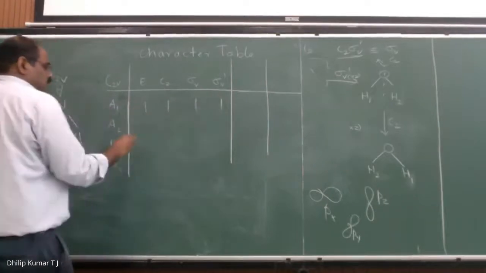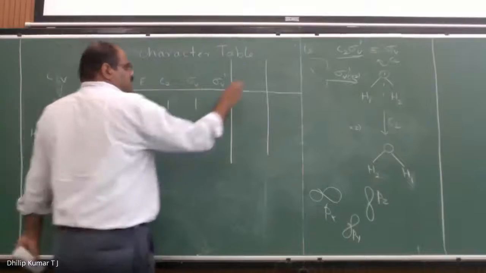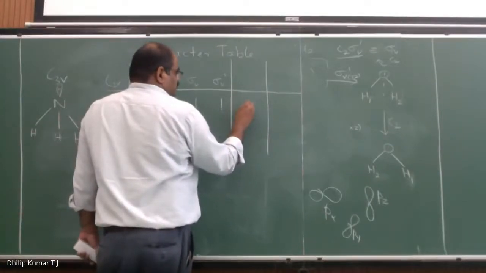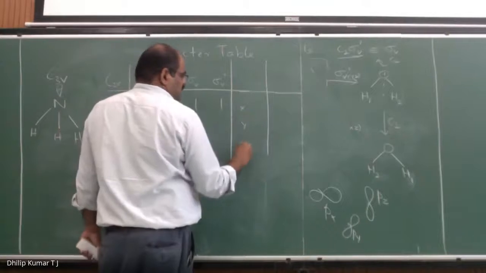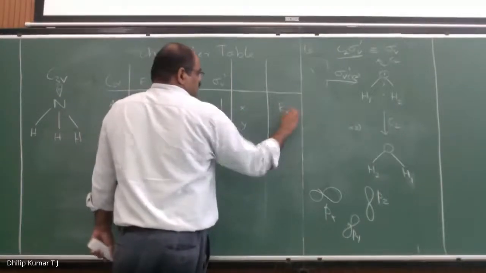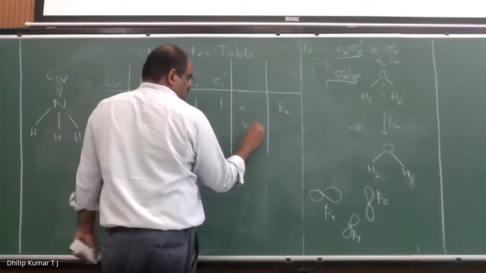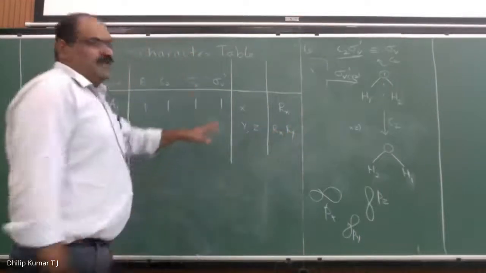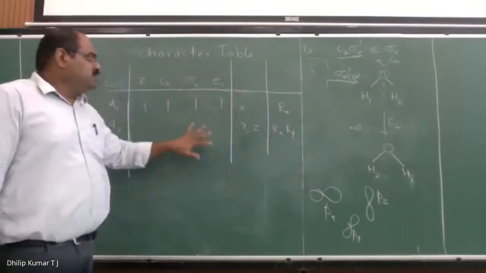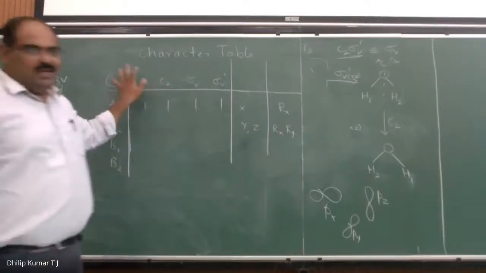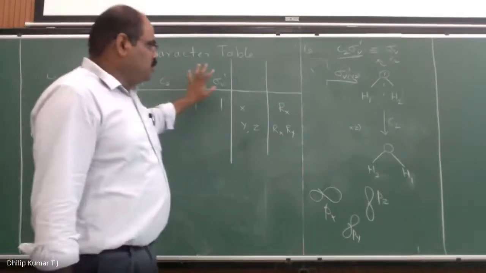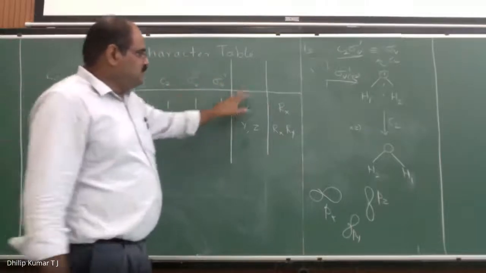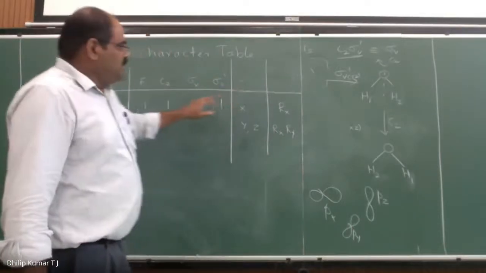And here you will have some properties like x, y, z, Rx. Sometimes y and z will be at the same place, Rx, Ry. So you will find a table something like this. To build this table, we need the group multiplication table. We'll arrive at this stage. Why we need this is that these two columns are very important. They tell whether the